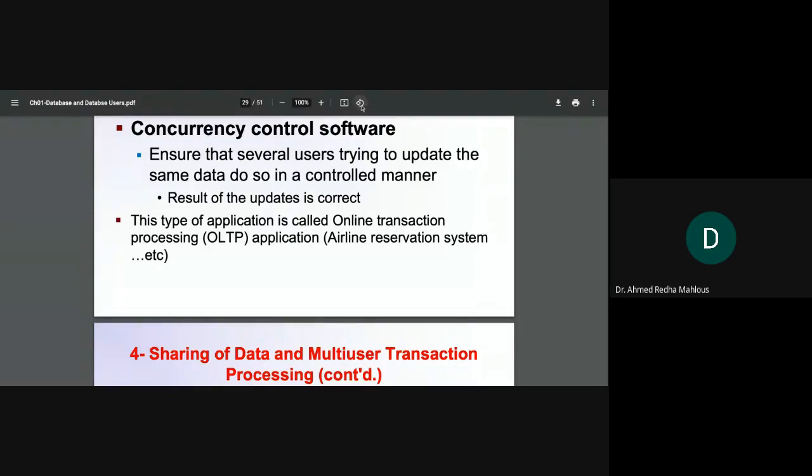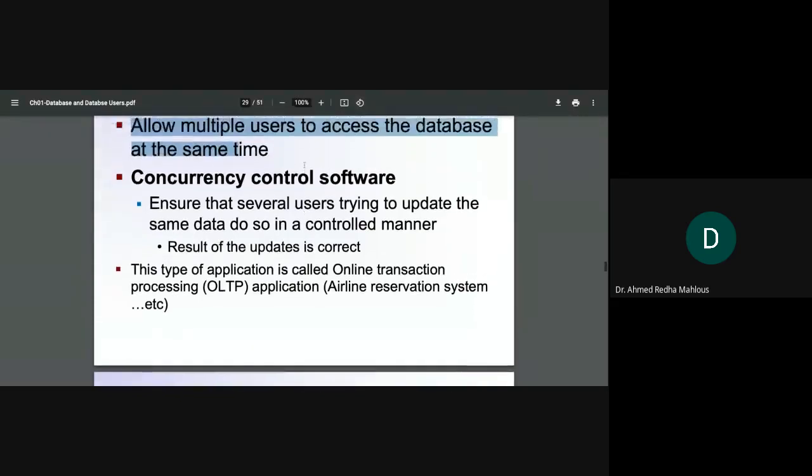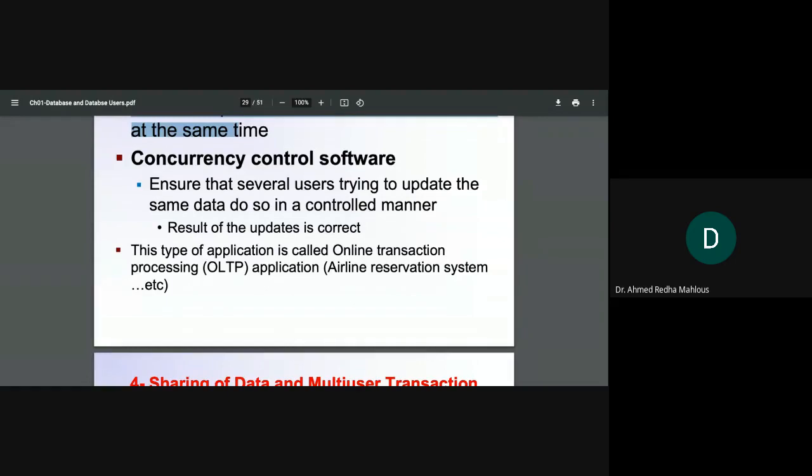If you remember, it may have happened to you: you look at an airline website and find that a seat is available. Maybe you delayed, thinking about whether the price was correct or not, and then you decided to go ahead. You click next, and when it comes to the payment, the system returns an error saying sorry, the seat is not